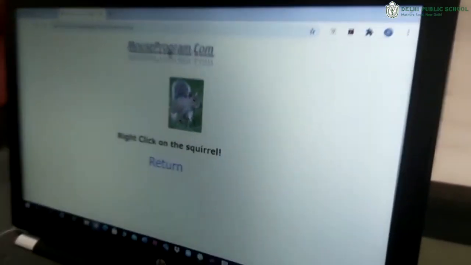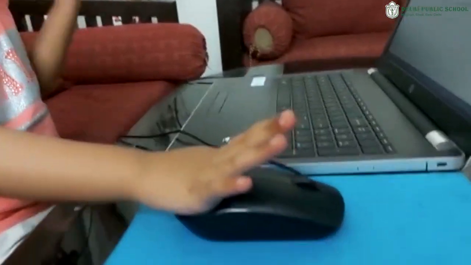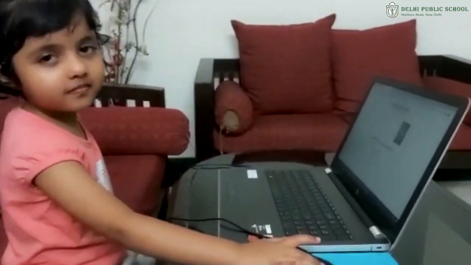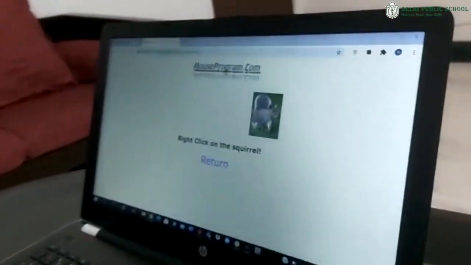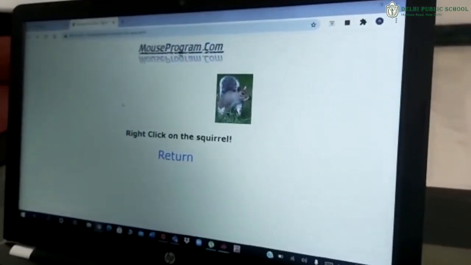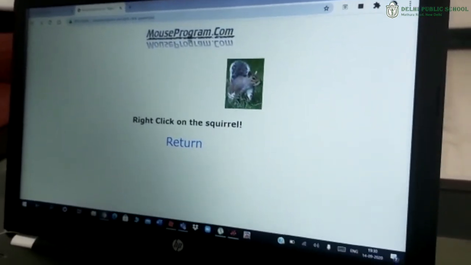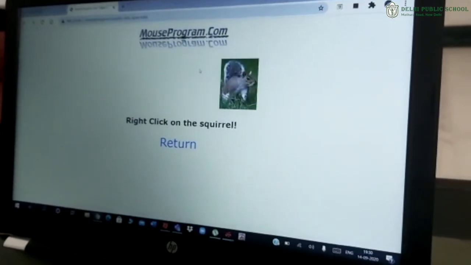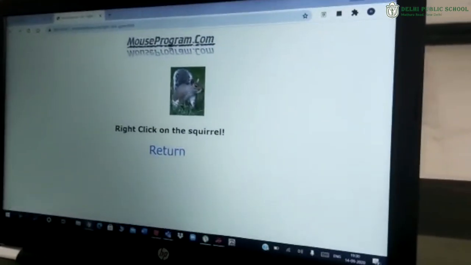Can you please once again show us what is a right click? Okay, how to play this game? Click the squirrel with a right click. Okay, can you please minimize the screen?